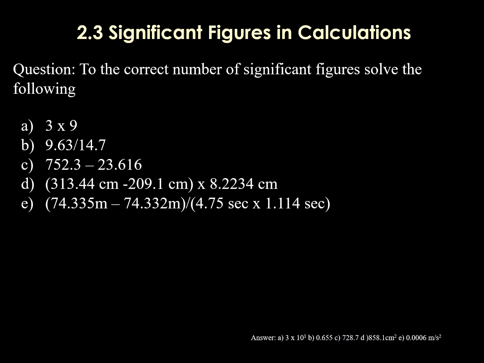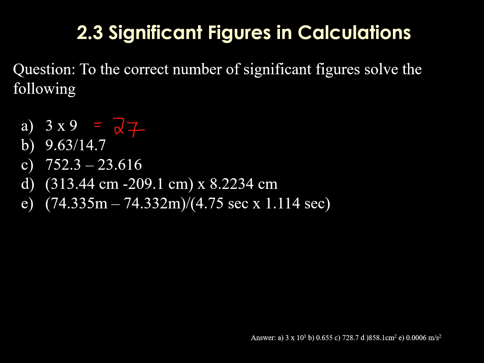So we try some examples. You can pause the video now and try it on your own using the significant rules we just learned. The answer is here on the bottom right, but I'll go step by step. So the first one, 3 times 9 is 27. Yes, but